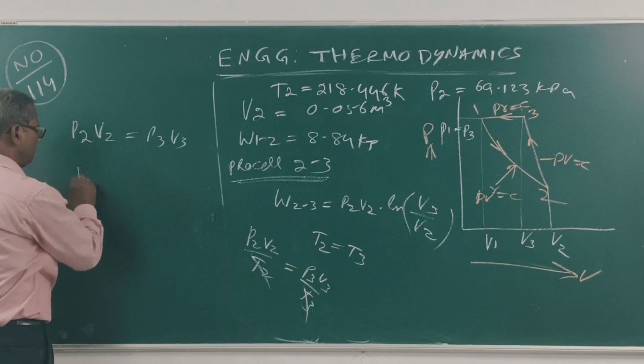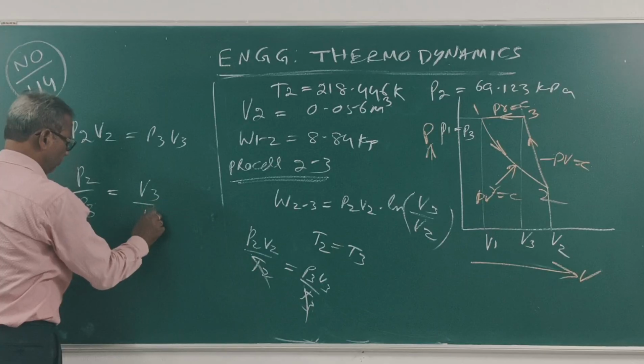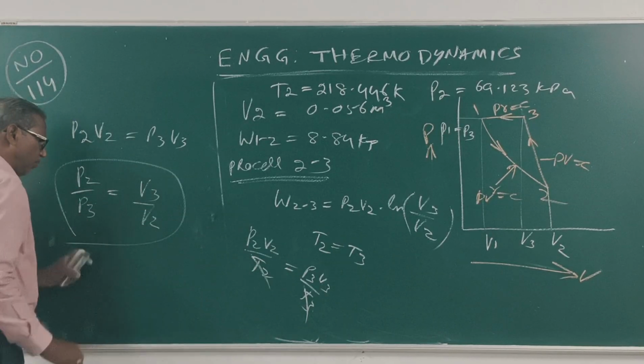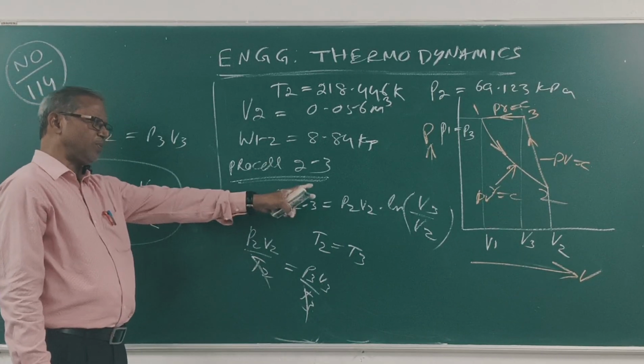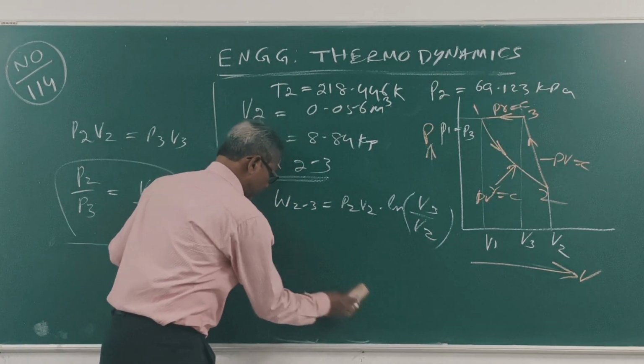This implies P2 by P3 is equal to V3 by V2. So put this value of P2 by P3 in the place of V3 by V2. Now W23 is equal to